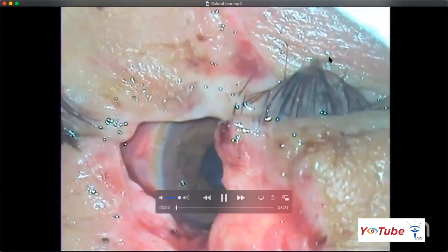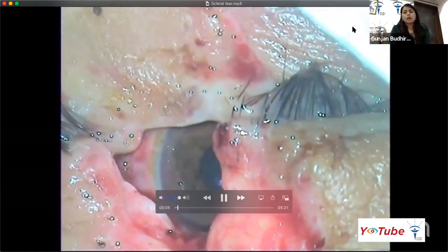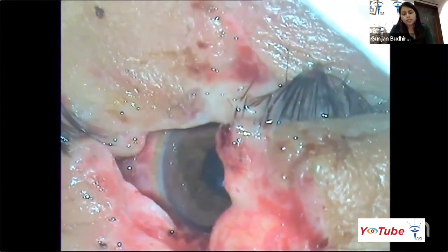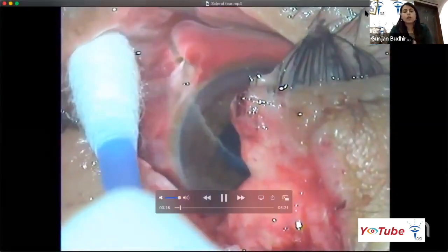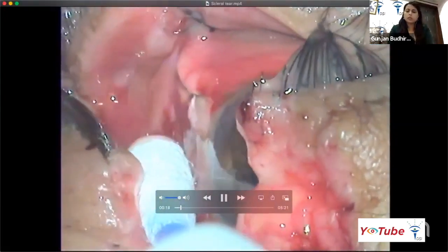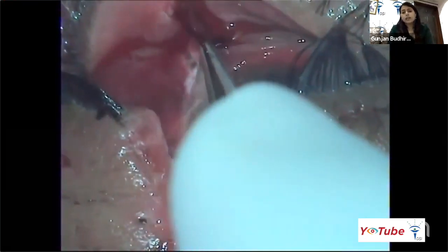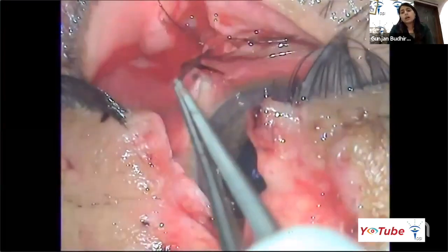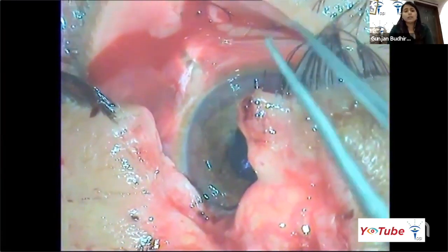Yes. So coming on to this scleral tear, here we can see this patient had a road traffic accident, and there are a lot of severe injuries in the lids. We have to look out for a good globe exploration in such cases, because we tend to miss deep scleral tears as well. When we did the exploration, the lid was injured, and the eyelashes are also present near the tear.